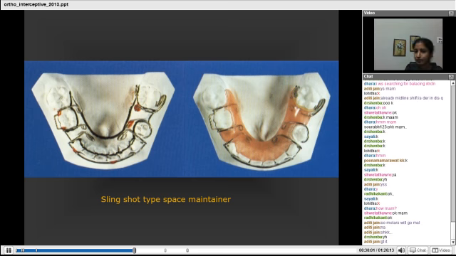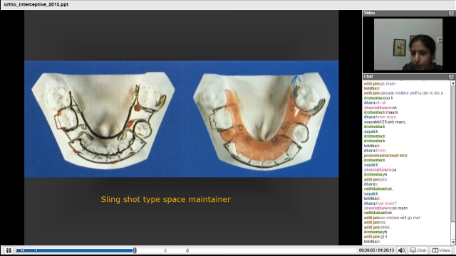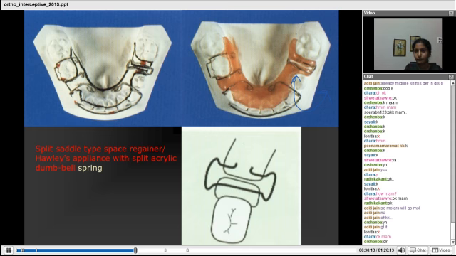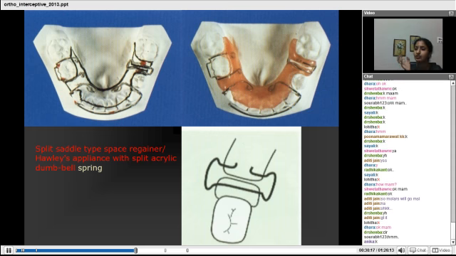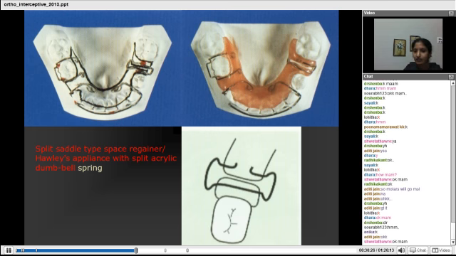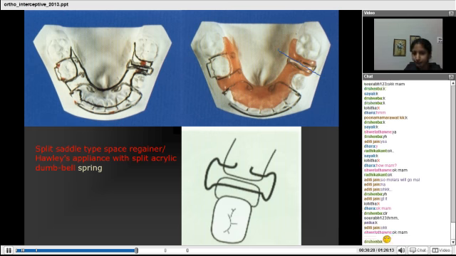Okay, you leave the catapult. This is the rubber band which is getting pulled in this area, in this form. Clear? That's what I'm saying. Don't go into the concepts so deeply. Right now just try to identify where you have to use a space regainer rather than how a slingshot works. Now this is a split saddle where your saddle is split.